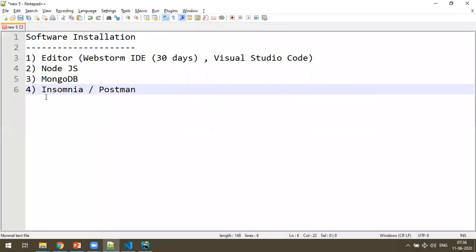Okay, fine. So MongoDB is successfully installed, and the final thing is Insomnia or Postman. These two are required. I'll just tell you how to install one of them because we're going to use it. Both serve the same purpose, to test the REST API of the backend. So I'm just telling you how to install Insomnia.